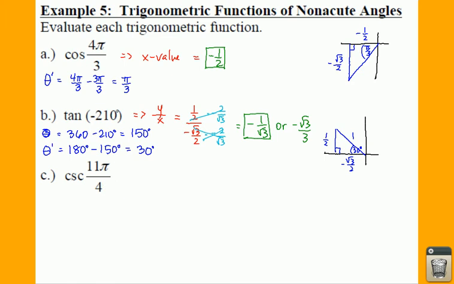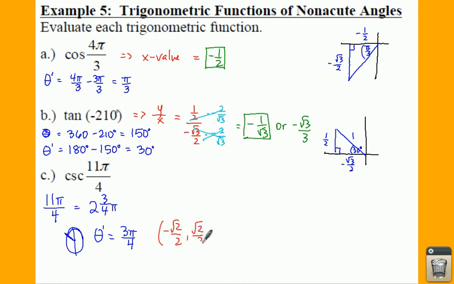All right, last one here. 5C, if you have an 11 pi over 4, that is the same as having a 2 and 3/4 pi. So if you have a 2 and 3/4 pi, basically if you go around your circle one time, you're at 2 pi, and then you've got to go 3/4, which would put you in quadrant 2. So in this case, your reference angle is a 3 pi over 4. Now, you could do this by drawing a triangle, but if you're really good at your circle, you're going to know at 3 pi over 4 you have an ordered pair of negative radical 2 over 2, comma,